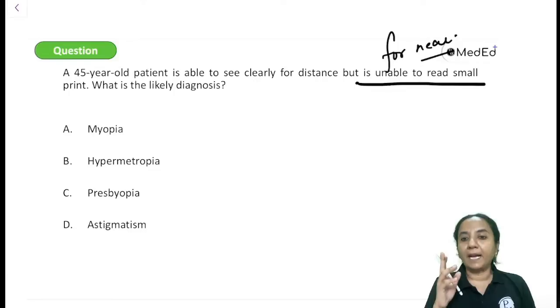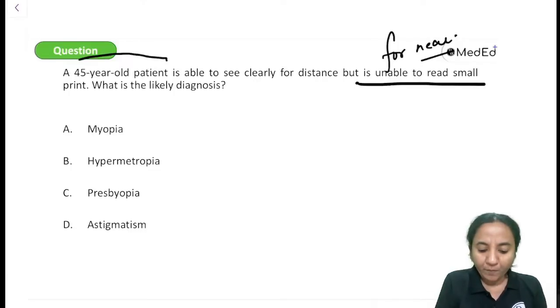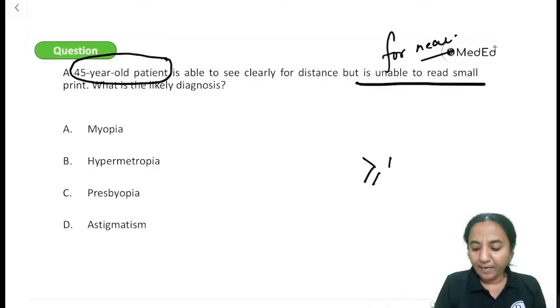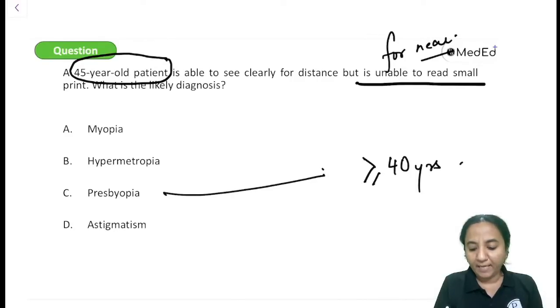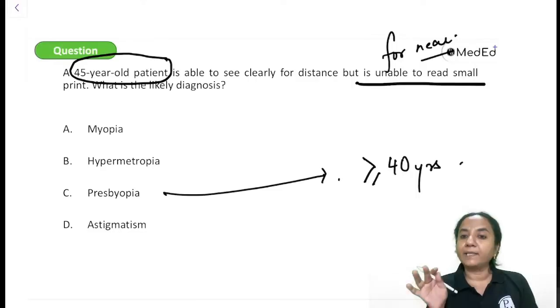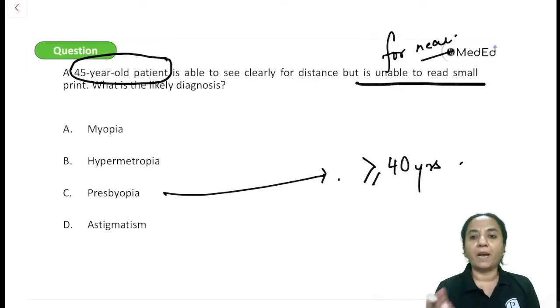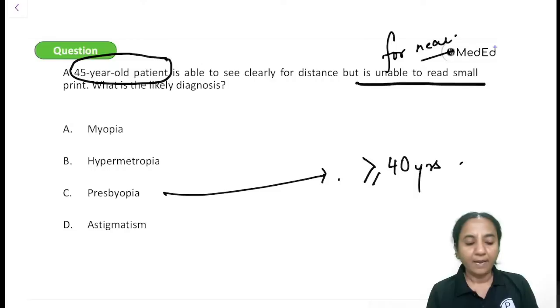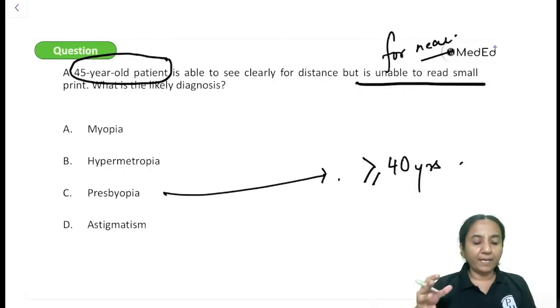Now here the answer depends on what is the age of the patient that is given. So if the age of the patient is greater than or equal to 40 years, this means that there is a problem in accommodation and the answer is going to be presbyopia. But if the age of the patient is less than 40 years, then we are supposed to mark hypermetropia as the answer. Right? So please keep this in mind